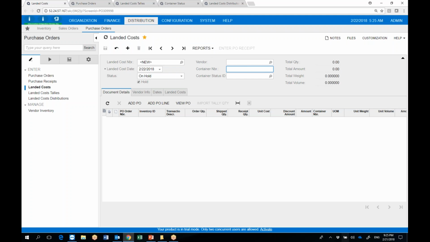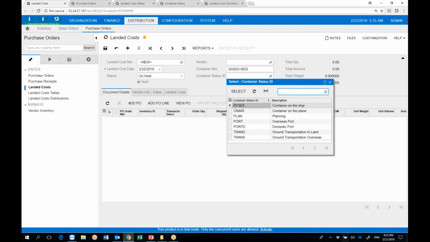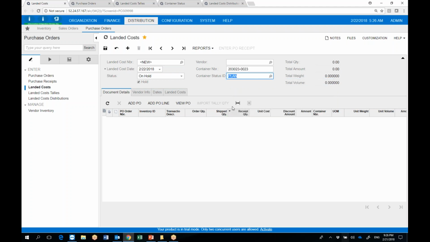Then I start entering a landed cost transaction, container transaction. I will start by entering the container number. Notice that the vendor number is not required since you have the ability to receive multiple vendors' purchase orders in a given transaction. We have added container status ID, and what this does, it allows you to enter the status of the container. If it's in the planning phase where you're going to send to your broker what product should be shipped to you in that container, or it's on air, or it's on the water, you have the ability to, using this status ID, know the status of the